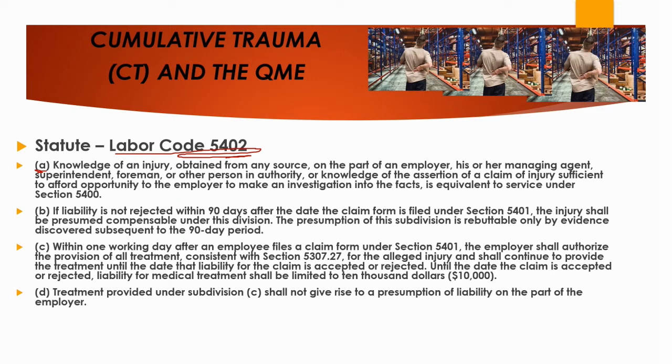Here, it tells us that knowledge of an injury obtained from any source, such as my wife, such as my child, such as my brother-in-law, such as a co-worker, from any source, on the part of an employer or on the part of the employer's managing agent, a superintendent, a foreman, or any other person in authority, or the knowledge even of the assertion of a claim of injury, which is sufficient to afford an opportunity to the employer to make an investigation into the facts, is equivalent to